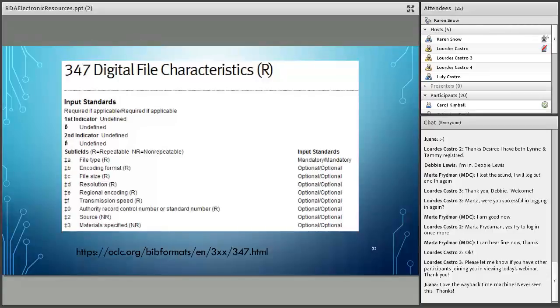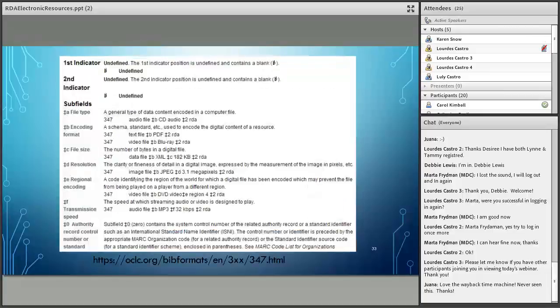So file type here is in 347A. And you can see here some examples. If you scroll down the page, this is from the same page I had from the last slide, the 347 page, how this field is structured. So OCLC just assumes subfield A, unless it's different. But here you can see it's just a string of information.